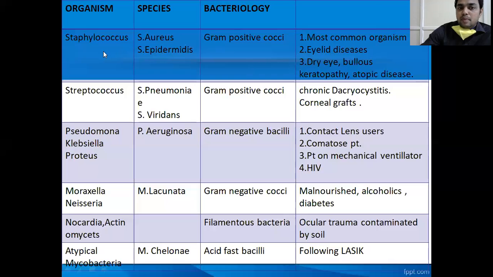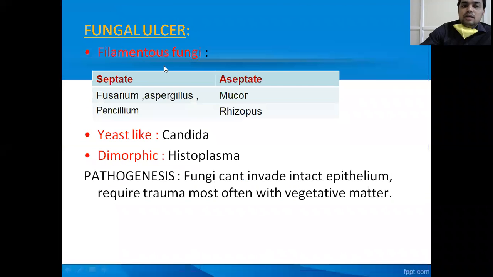So these are the common bacteria which cause corneal ulcer: Staphylococcus, Streptococcus, Pseudomonas, Klebsiella, Proteus, Moraxella, Nocardia, and atypical Mycobacterium. These are the common organisms which can cause corneal ulcers. In fungal, the common fungi are filamentous fungi, septate and aseptate. Examples of septate fungi are Fusarium, Aspergillus, and Penicillium, and aseptate are Mucor and Rhizopus, and yeast-like fungus like Candida, and